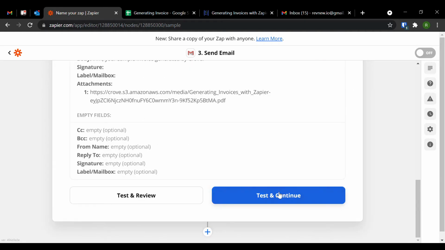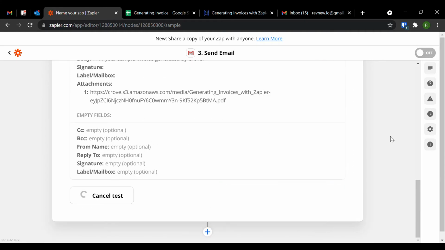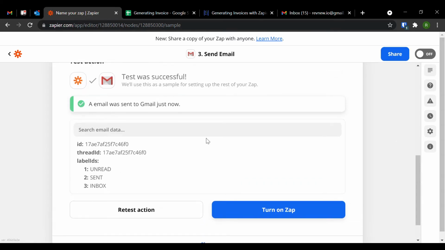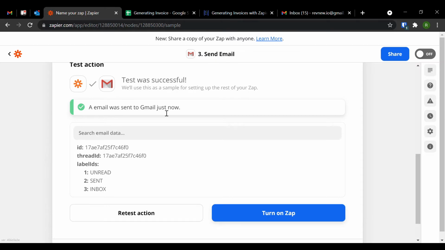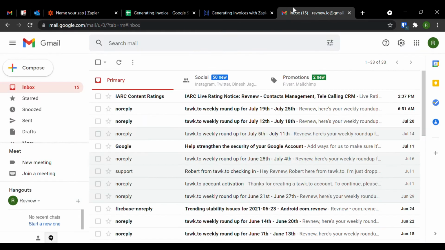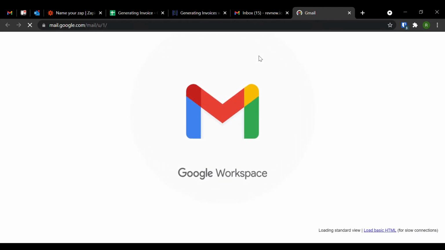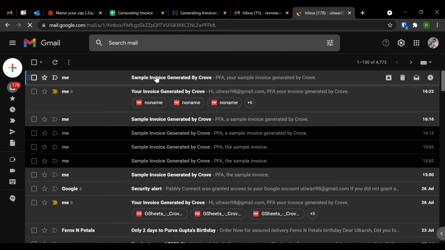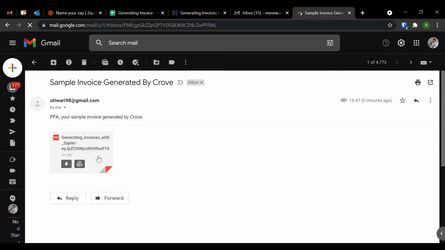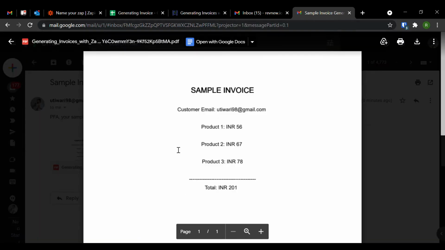Let's hit test and continue. Great, an email was just sent to Gmail. Let's go ahead and see if that particular email was sent to me. Oh, here it is. Sample invoice generated by Grove. As you can see, this is the email.